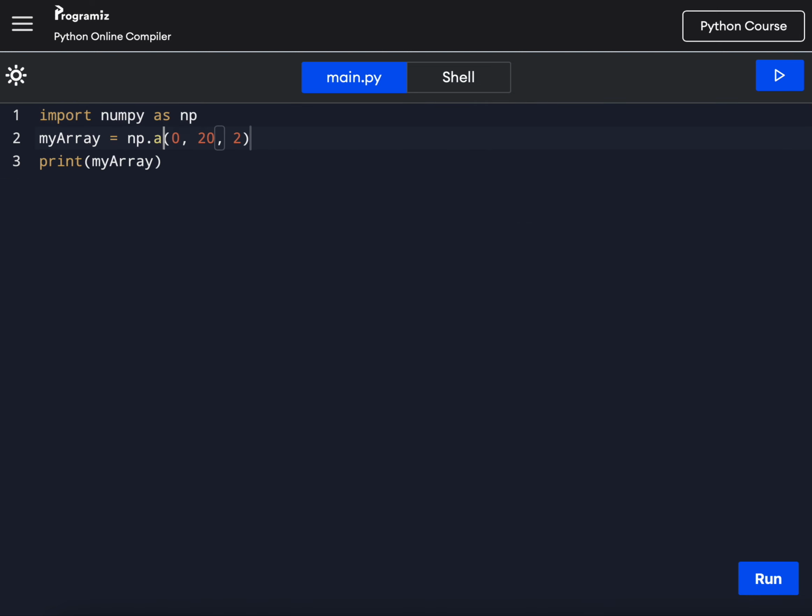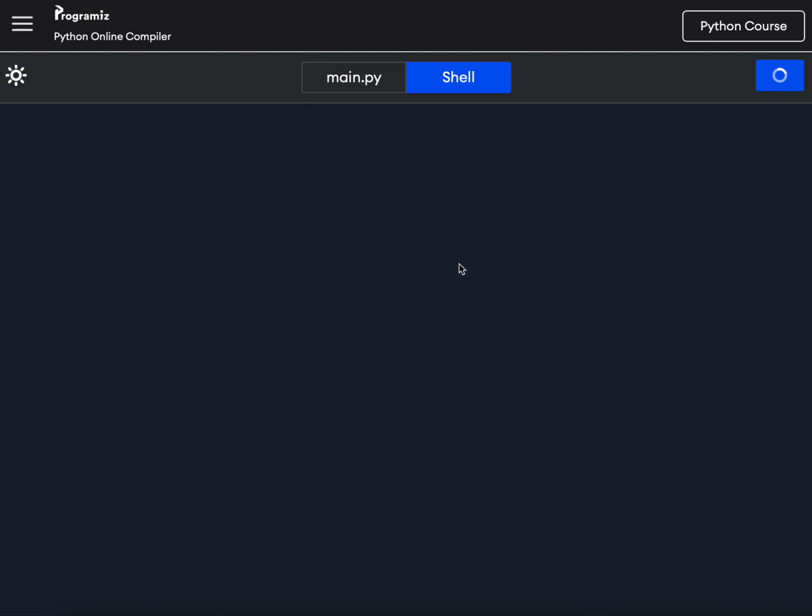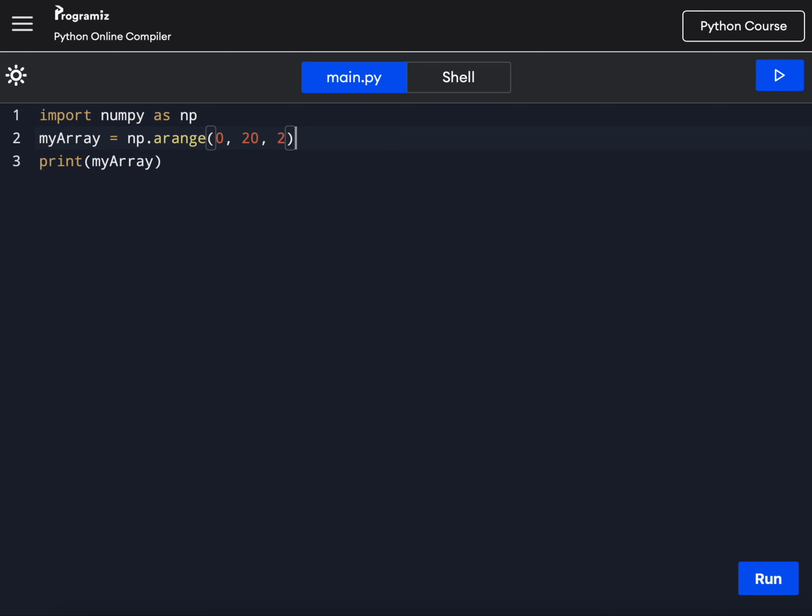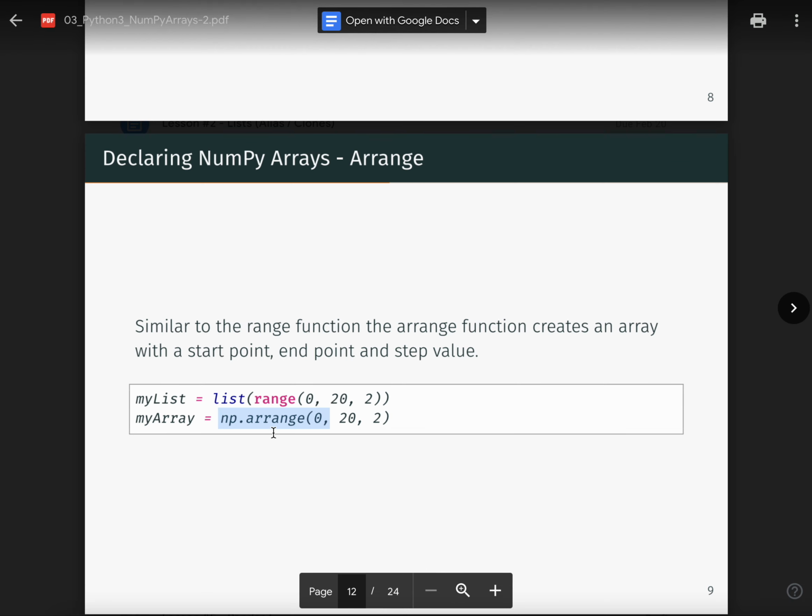I think I spelled that wrong. Arange. There you go. It creates values from 0 to 4, 6, 8, all the way till 20. But remember, 20 is not included, so 20 is exclusive. Okay. I'm going to have to change this on here. Anyways,